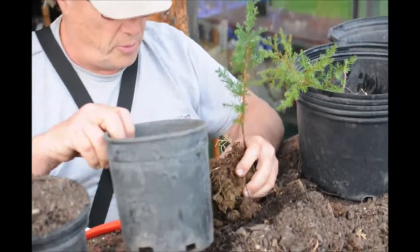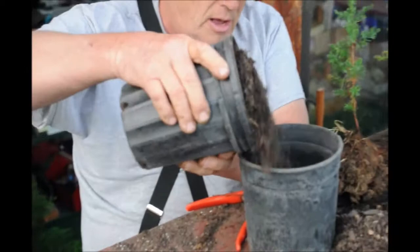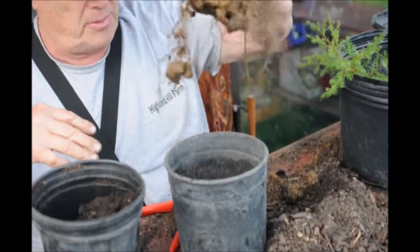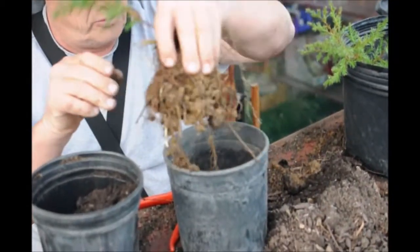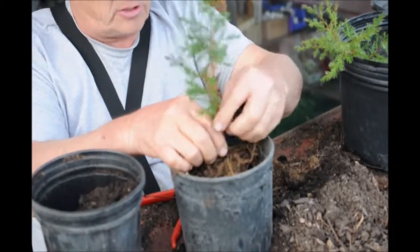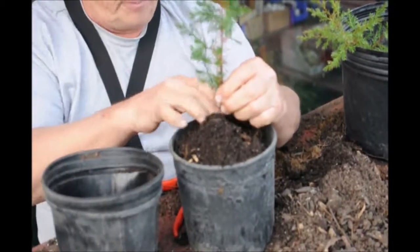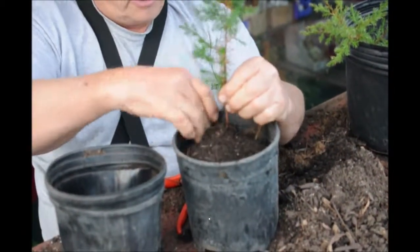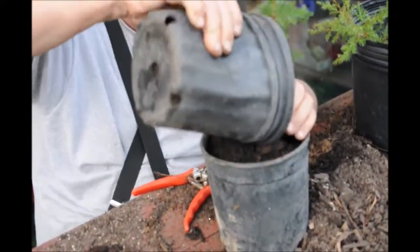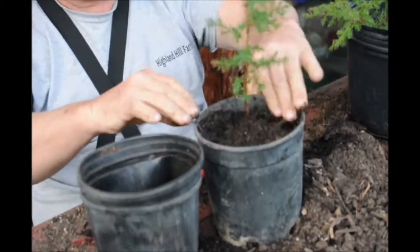And what we're going to do is put this into the pot. But before we start, we're going to put a little bit of compost in the bottom. Okay. We're going to set our plant in. And what we're going to try and do is get it as square as we can and fill it up the rest of the way with the potting soil. And we're going to try and get it down in nice and smooth. Get it around. And again, we want to try and get it so it stands upright, straight up in the